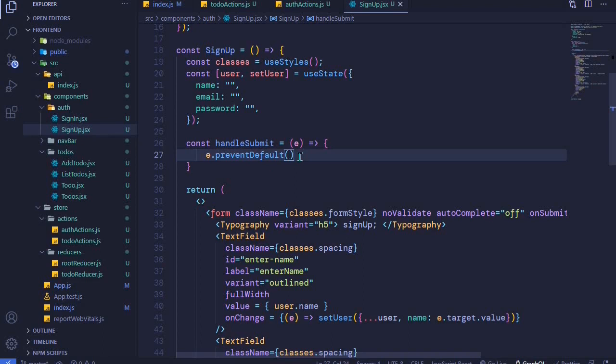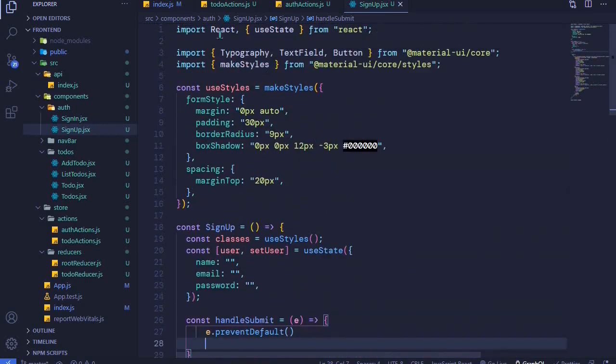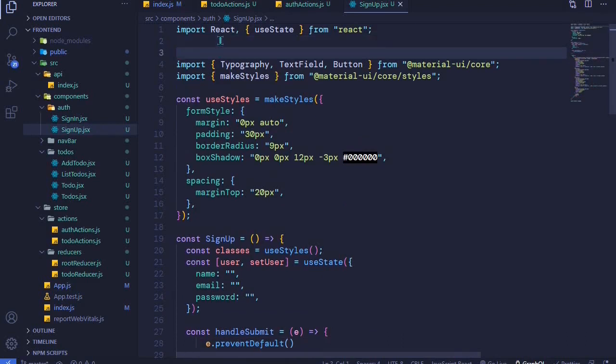And then after this is where we can perform a dispatch of our action creator. So to dispatch an action creator, we will need to make use of some Redux hooks, and the specific Redux hook is the useDispatch hook. So right here we can import useDispatch, and this will be coming from React Redux. So I import useDispatch,